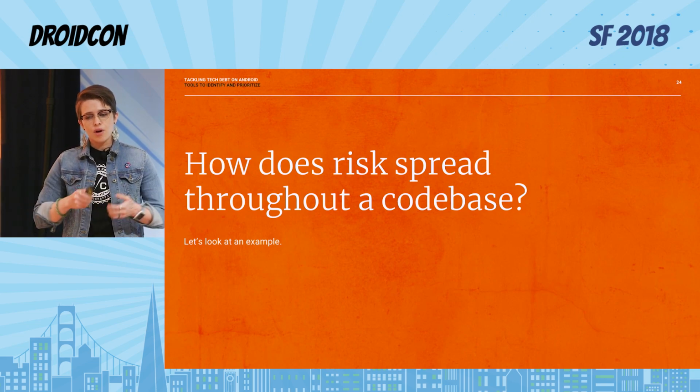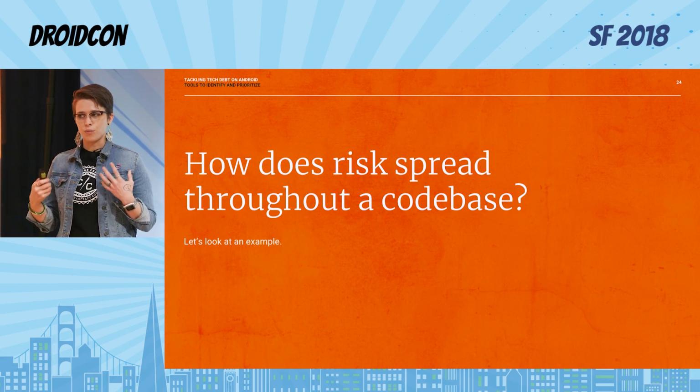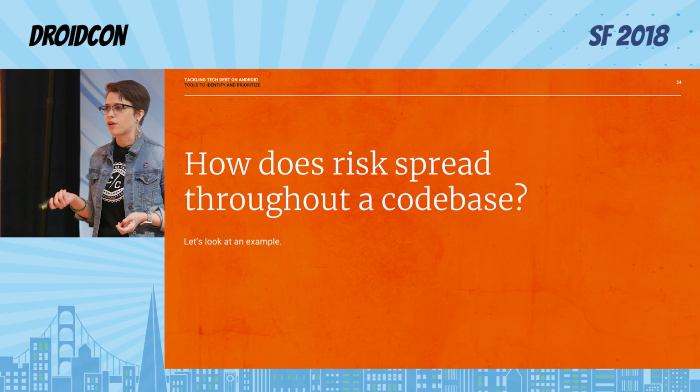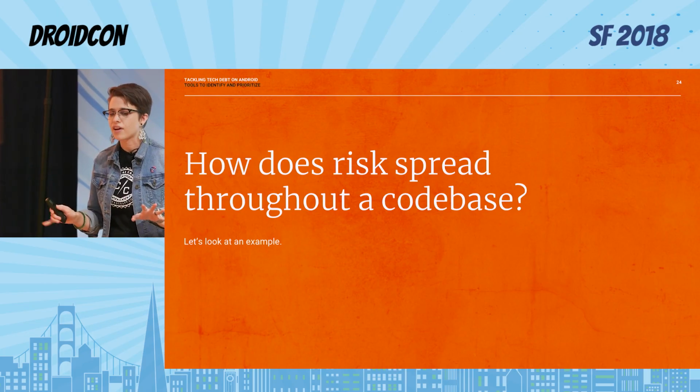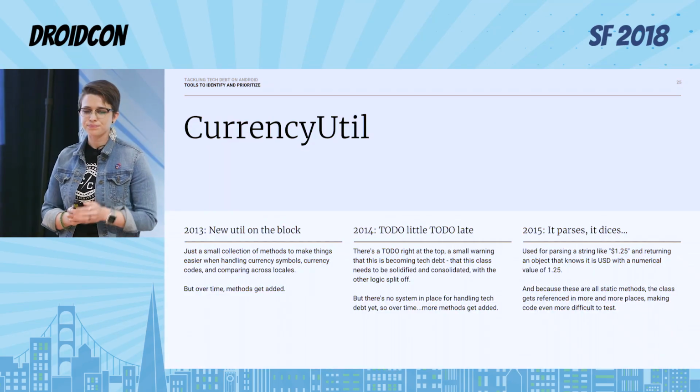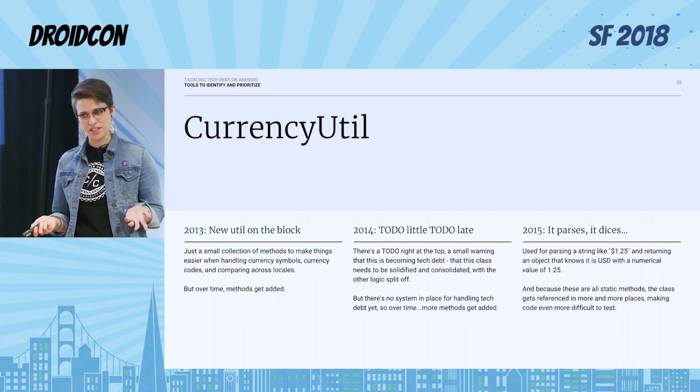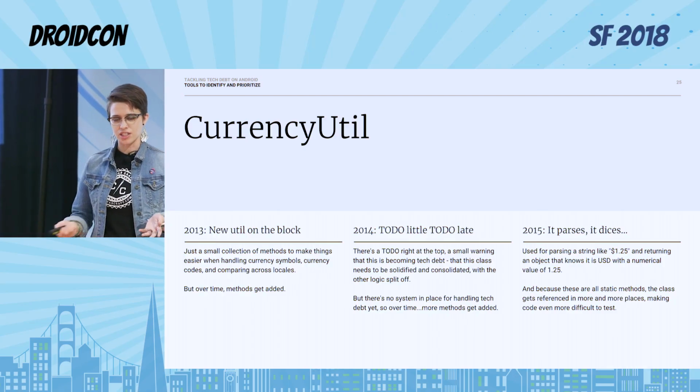So these small risky changes that you don't know what they'll affect could actually spread throughout a code base, kind of insidiously like a virus. So let's look at this. You have this classical currency util. Maybe you deal with buyers and sellers on some online